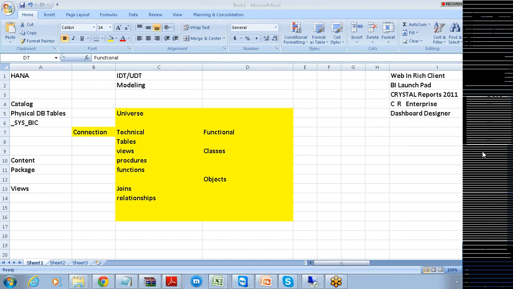Okay, but when you want these reporting tools to be connected onto your HANA database, obviously you should have a modeling layer in between. Without that modeling layer, I told you that we cannot connect to any particular database. Obviously, the basic thing you're going to have is the universe that should be used here, right?